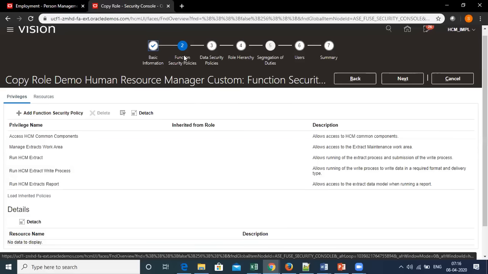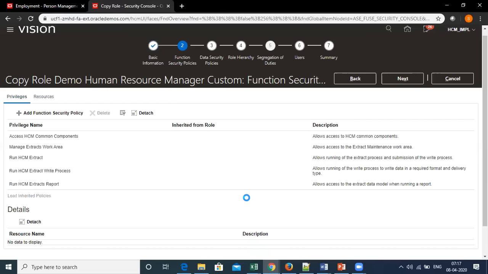We can directly check from here, function security policies. If you check again, here there are some privileges which are attached directly. Also I have the option load inherited policies.